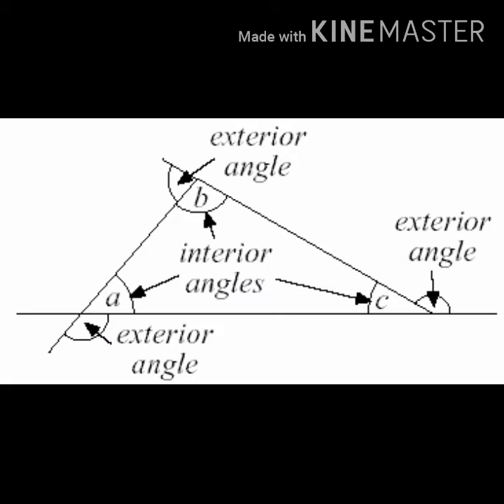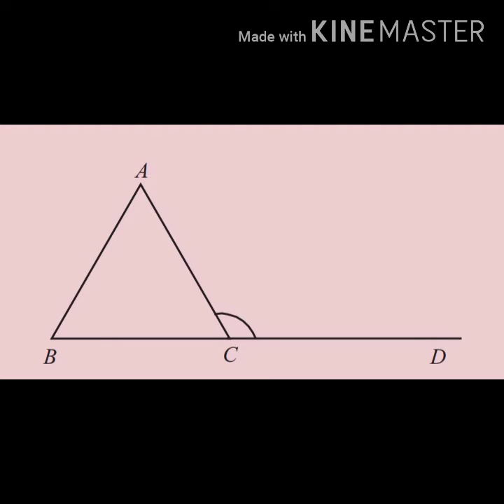Look at this picture. We can see the interior angles and the exterior angles. The interior angle and the exterior angle at a vertex form a linear pair. Can you see any relation between the outer angle ACD and the inner angle ACB? Yes, they are a linear pair. Angle ACD equals 180 minus angle ACB.